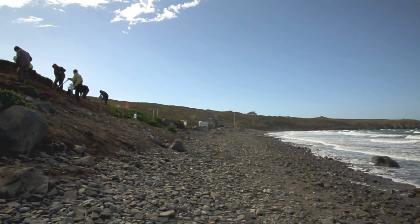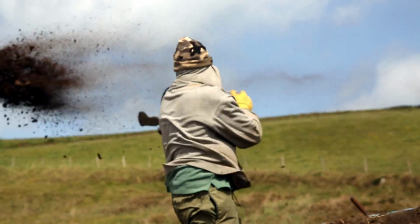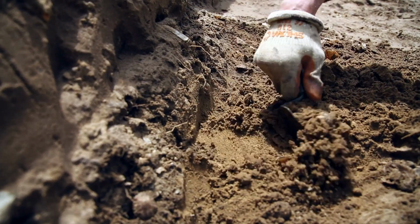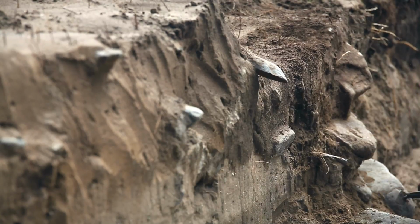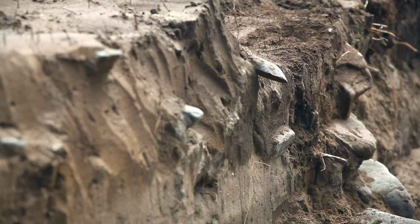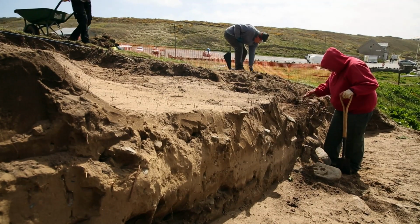There was a stone-built chapel here, which was then ruined by the year 1600. At the bottom of the archaeological deposit is a large stone wall. It's probably pre-7th century. So between that and the 13th, 14th century chapel, there's a whole series of graves and